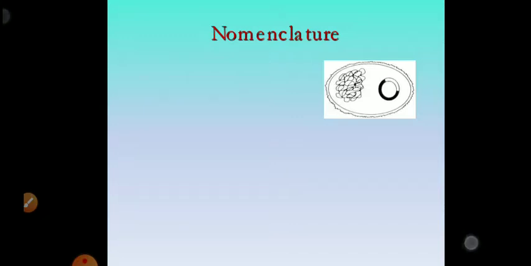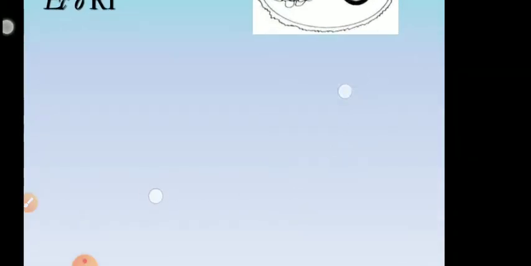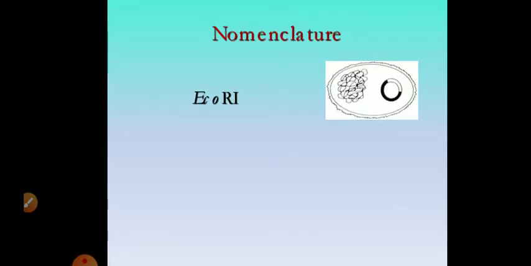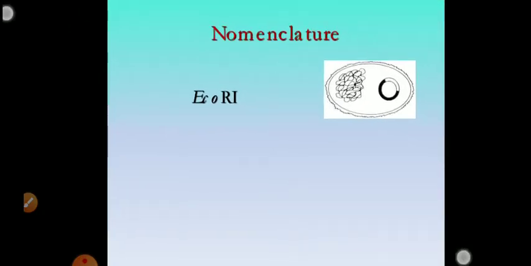Now see, when I use the term EcoRI, E stands for Escherichia, Co stands for coli, that means the organism name is Escherichia coli, R is the strain, and I is the first enzyme isolated from Escherichia coli. So EcoRI is the name given to the enzyme which has been isolated from E. coli. The next enzymes are HindII, HindIII, then BamHI, and so many other enzymes have been isolated.